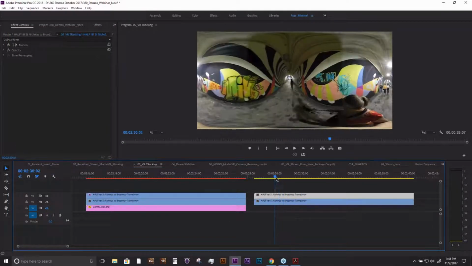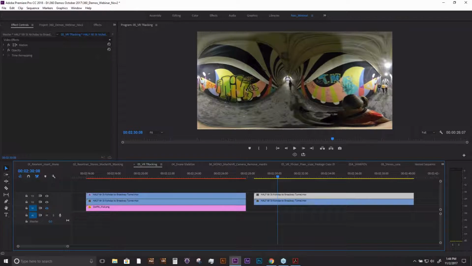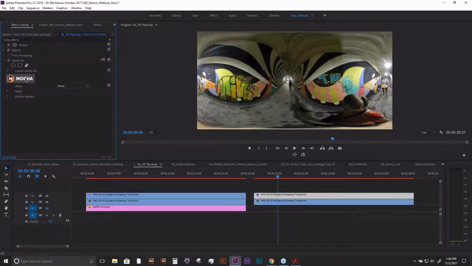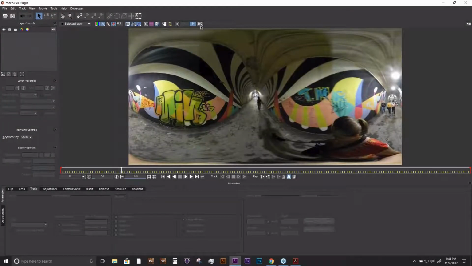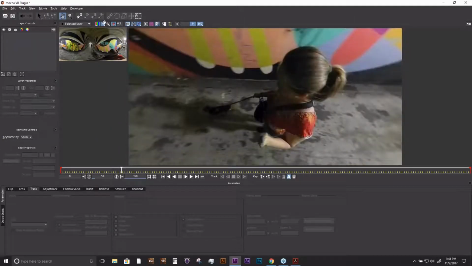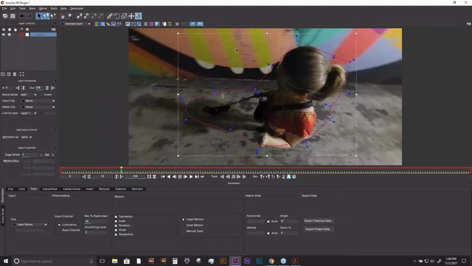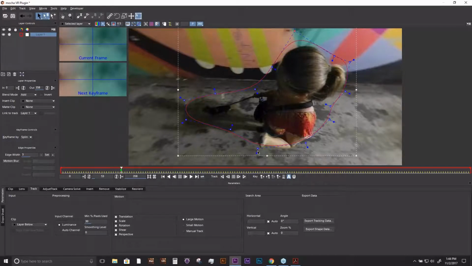Yeah, exactly. I think a lot of people do see Mocha VR, or Mocha for that matter, and they might get a little intimidated by the interface, but it can be used for very, very simple tasks. Just a very quick off-the-cuff thing. If I go back here into Mocha, and we create our mask here for our friend with the dog, and even without tracking, just a very, very rough garbage mask,